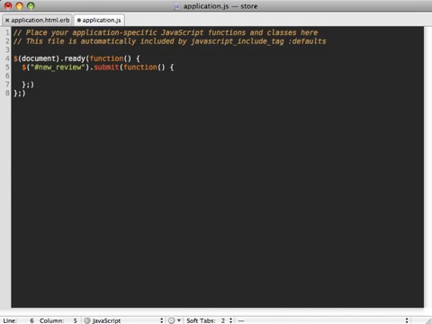And here we want to do an AJAX request, so we can do it with a simple post call, and we want to submit to the form's action attribute, which is the URL to the page we want to load. And the post data we want to pass is the form's serialized